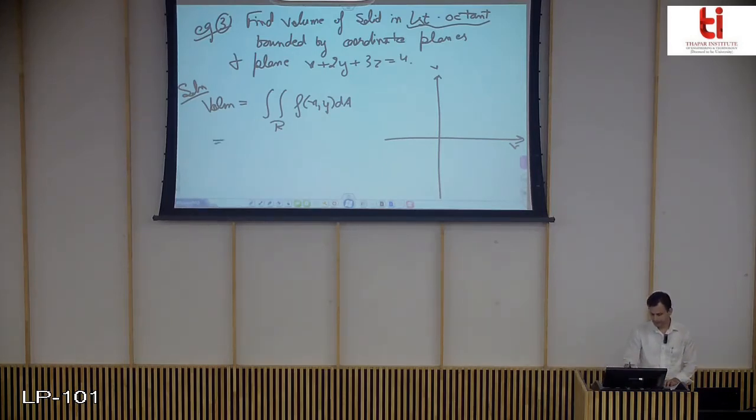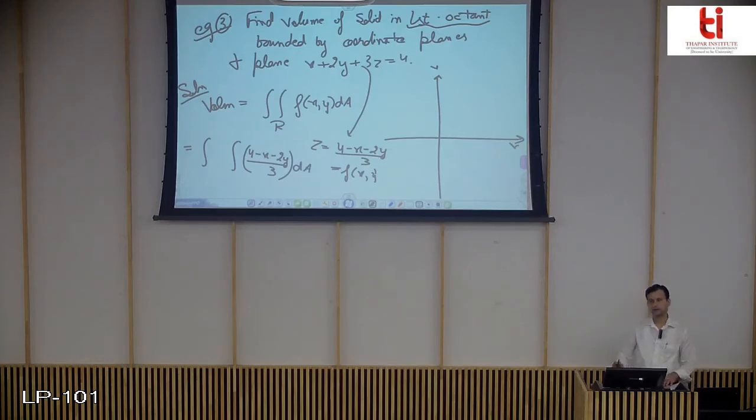Now f(x,y) we can find out, since you have this one. From here z is equal to (4 minus x minus 2y) by 3, and this is your f(x,y). So at least your problem is done, that you got the surface with which it is bounded from above. The three-dimensional region whose volume you are going to find is bounded above by the plane z equals f(x,y), and that f(x,y) is (4 minus x minus 2y) by 3, a plane. Again it is a slanted plane.